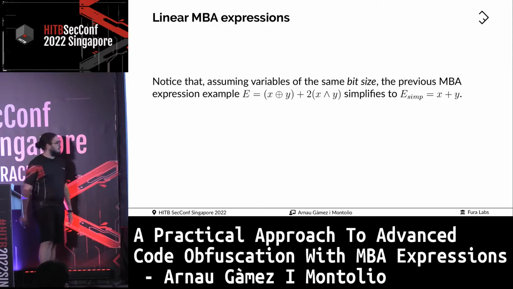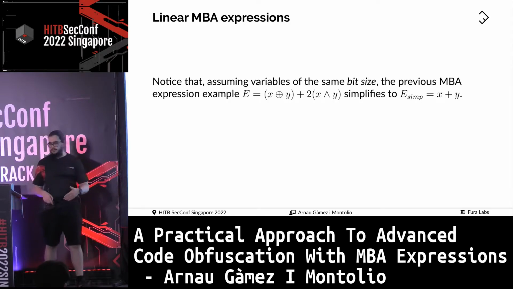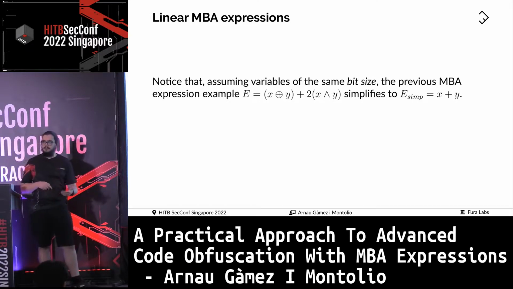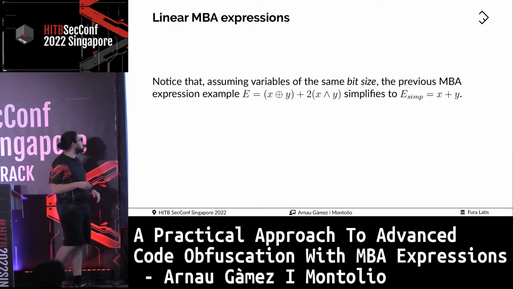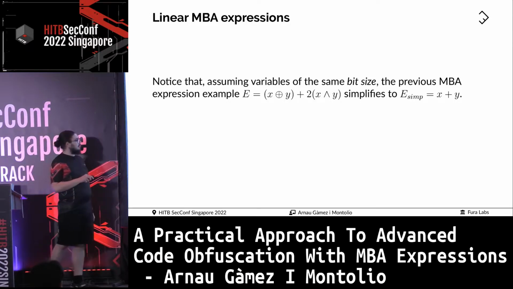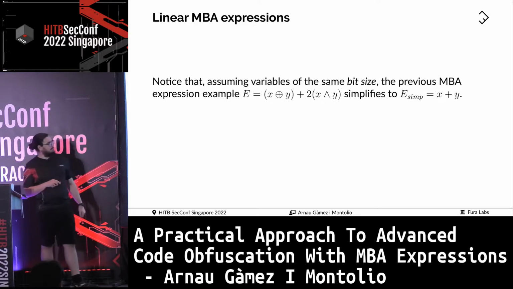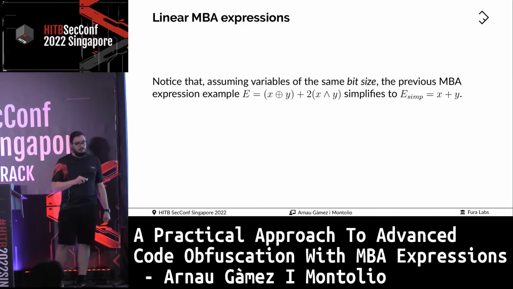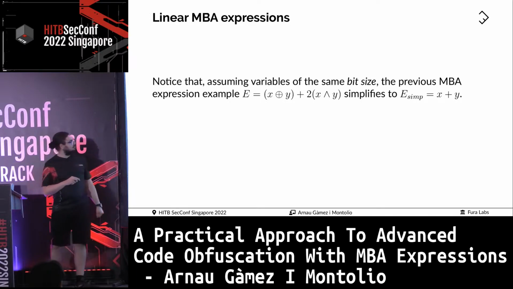Okay, so let's move a bit onto motivation and a little bit of obfuscation. How does obfuscation play a role in here? How do we plug in the obfuscation that we have been talking about, leveraging these MBA expressions, MBA transformations? Notice, for example, that this example that we have been seeing a couple of times already is an MBA expression which actually simplifies to this other expression, which means this expression and this other expression, which is just